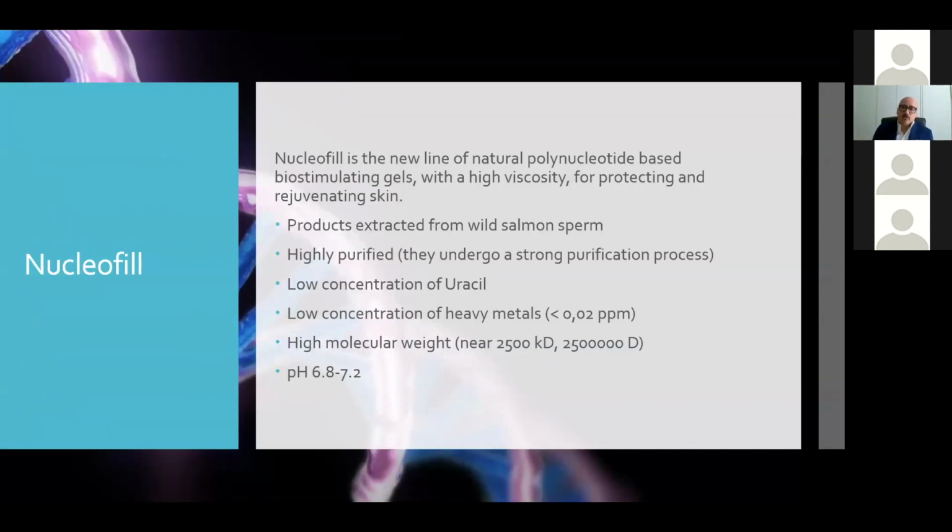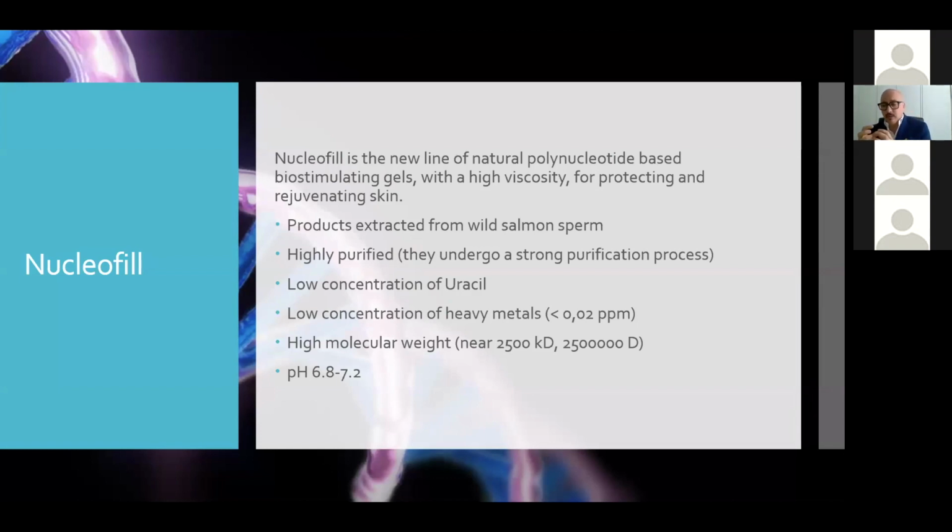NucleoFill is a new line of natural polynucleotide-based stimulating gel with high viscosity. This is important for the moisturizing effect, but at the same time with a good skin integration. First of all, it's important to underline that this is not a synthetic product, but is a product extracted from wild salmon. And this is because the wild salmon has the same three-dimensional structure of our polynucleotides. In this way, we have a product with particular three-dimensional characteristics that are able to link a big quantity of water to maximize the moisturizing effect, and at the same time we have a product in which